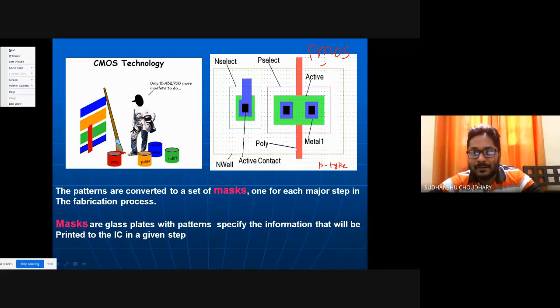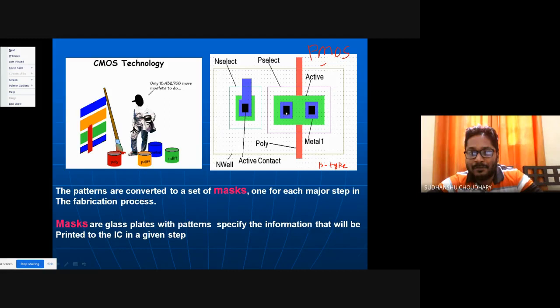Now over this active region, you have to cross this poly line, right? That is the polysilicon gate, which is red color. As soon as you cross the poly line over this green region, the transistor is formed. That is, drain and source diffusion regions are defined. Now you can provide contacts to the drain and source diffusion regions, because the drain and source would be contacted to some other devices or maybe power supply or ground. This contact is provided by this black color square box. This is called an active contact.